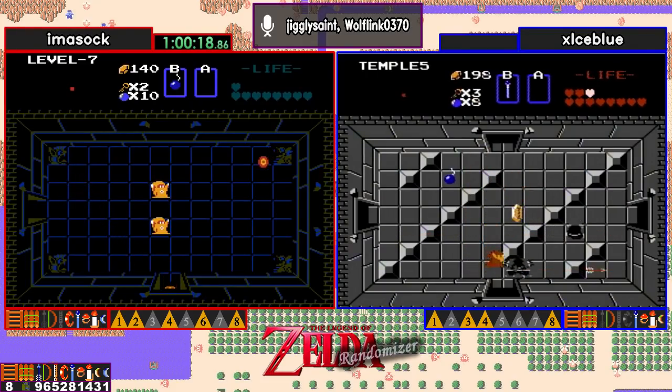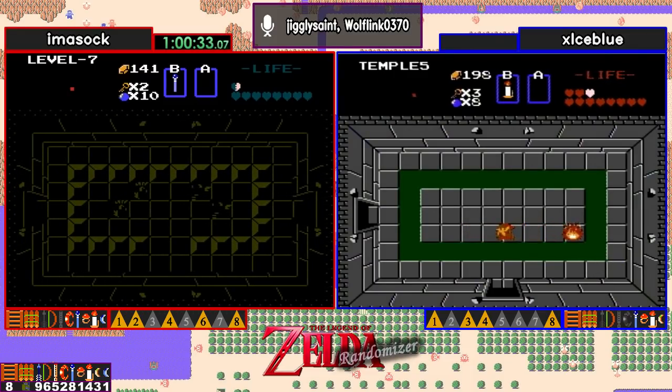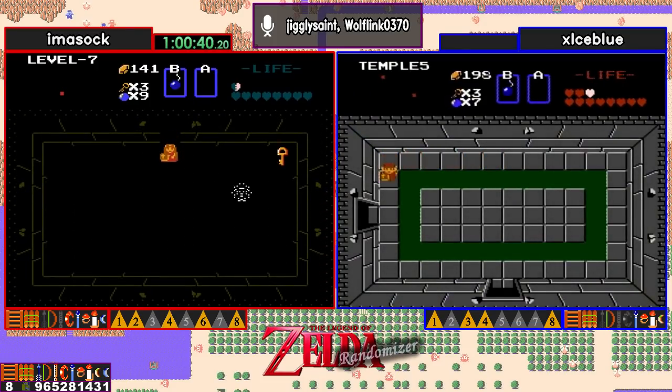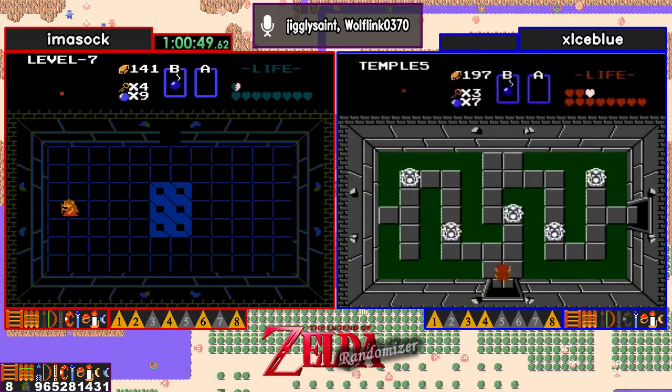It's an hour into the seed. Uncle Wizzy's House of Horrors. Oh, hi, Aquamentus. Wait a minute. Aquamentus is level 7? I was about to say, it was guarding the Triforce. Yeah, no, if it was guarding the Triforce, then yeah, but...